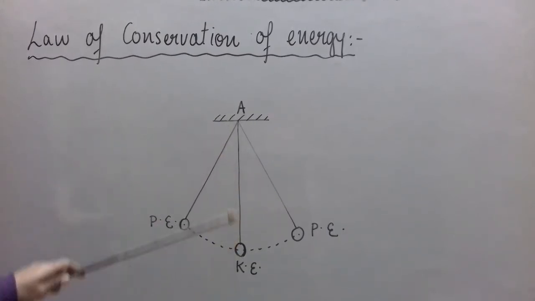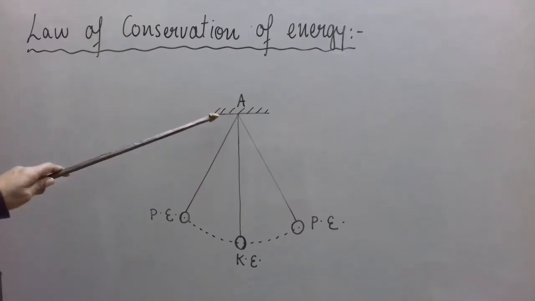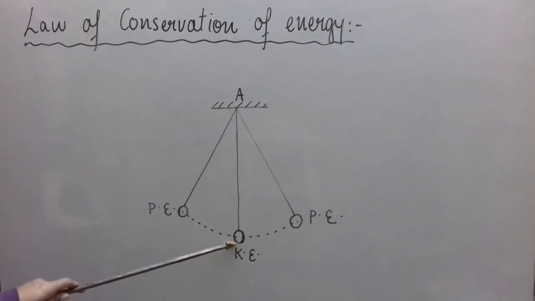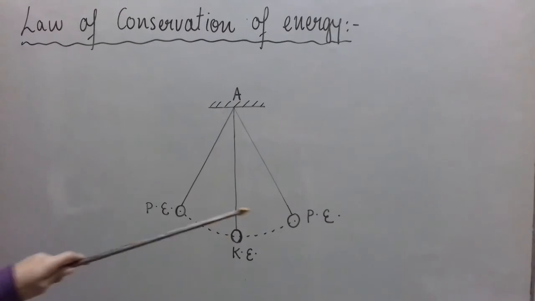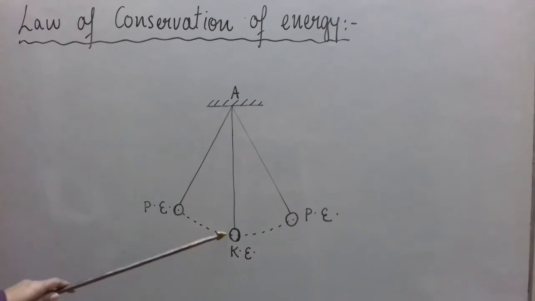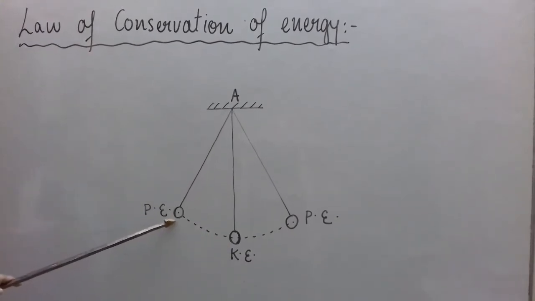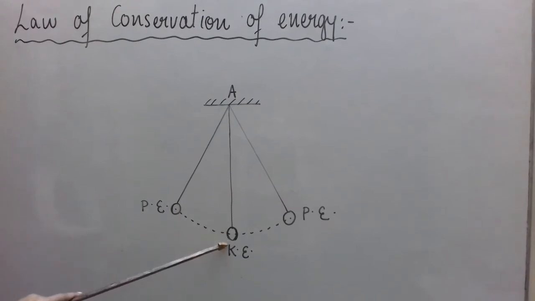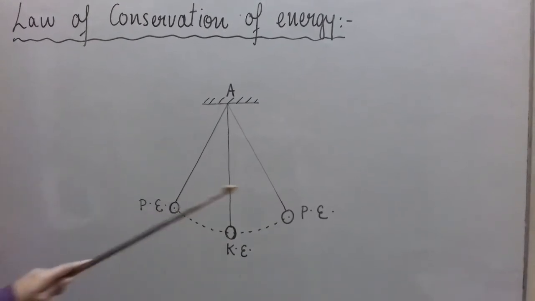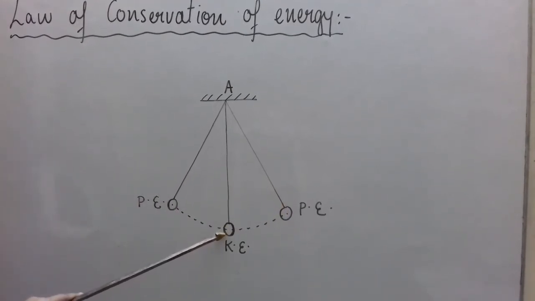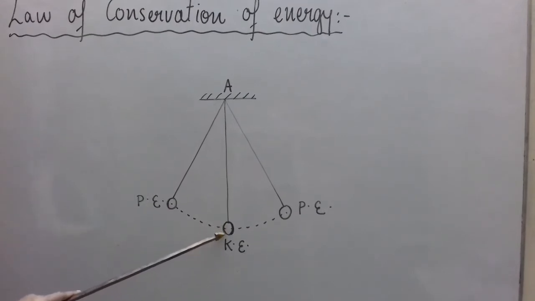this thread, okay. So when it is freely hanging here, we know that if I apply force on it, it means if I do work on it and take it to any side, let it be left or right, let us say this side. Suppose I apply a force and change its position to this position. So I am applying force, which means I am doing work on it, and when I release it from here, so when I lift the bob from this mean position, this is the mean position and these two become the extreme positions. When you lift the bob from its mean position, that is a position when no force is applied and the bob is at rest, okay.